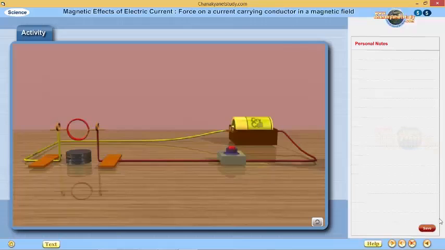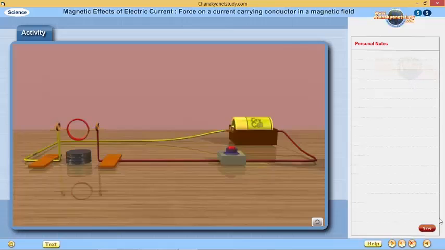Bend the paper clip and prepare a holder for the coil. Pile the 3 magnets on the table. Place the coil above the magnet on the paper clip holder. Take the free ends of the wire and connect them to the battery as shown in the figure. Give a gentle spin to the coil. What do you observe?